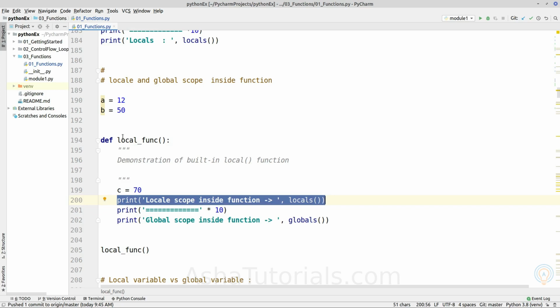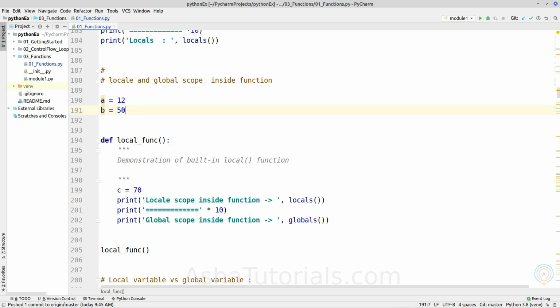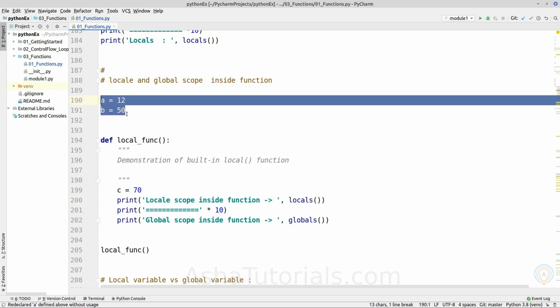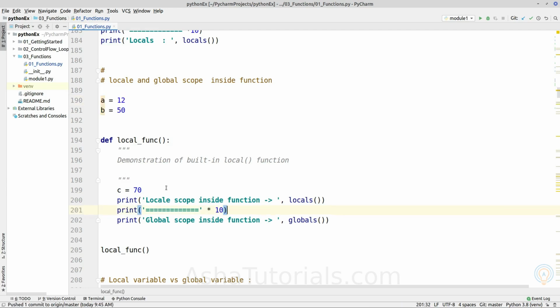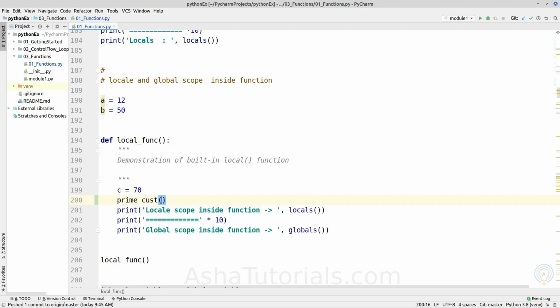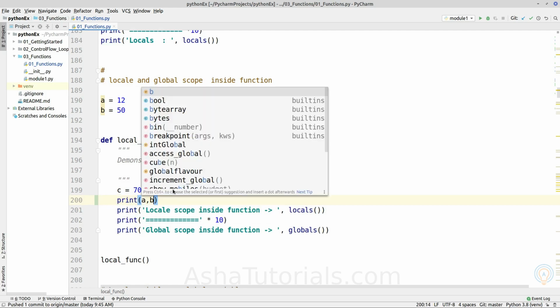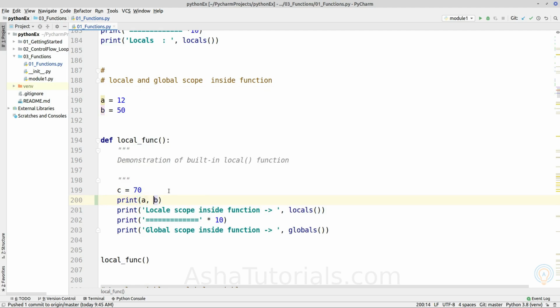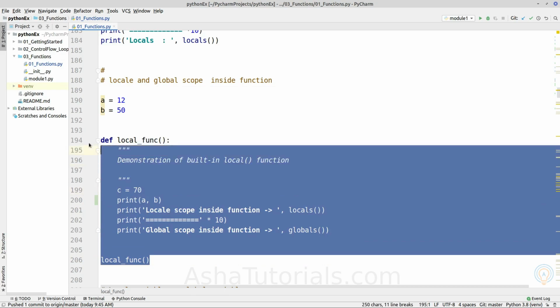By default, the variables defined at the module level, which are converted to the global scope, are accessible inside it. So if we try to print it here, let's first print the values of variables a and b, and we execute it.